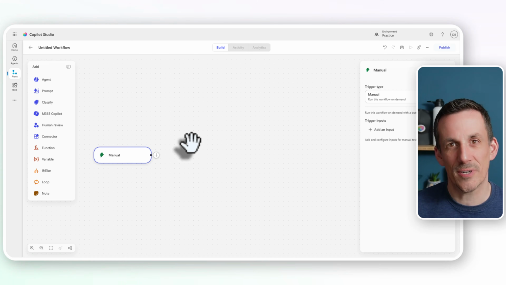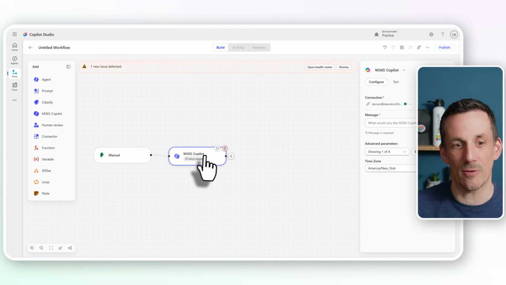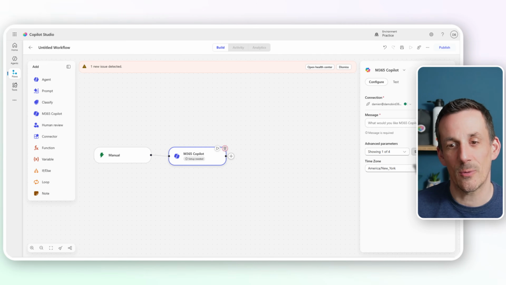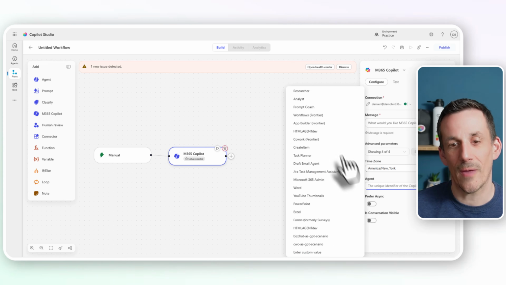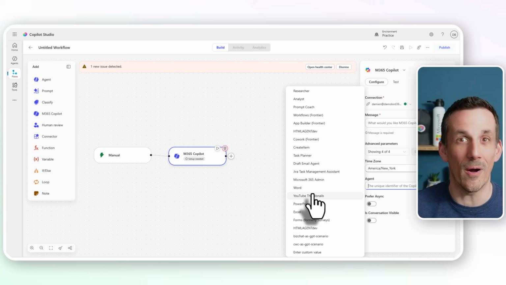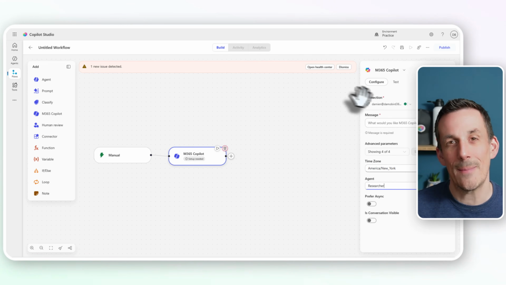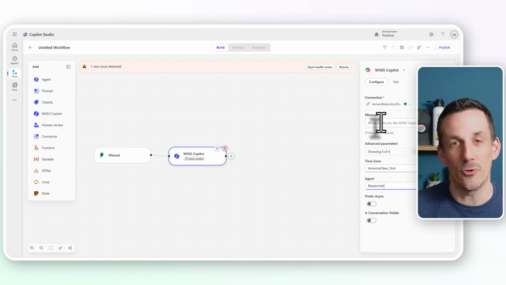Sticking with the manual trigger, over on the left-hand side, you'll note that there's that tight integration with all those AI capabilities. And one of my favorite features is the ability to choose this Microsoft 365 Copilot integration. This allows me to schedule my favorite prompts to my agents over on Microsoft 365 Copilot. But not only that, if I go into advanced parameters, you'll note that I have the ability to select agents that have already been deployed to that UI for AI. So choosing my favorite researcher agent, I'm able to send a prompt across and do some research on this new